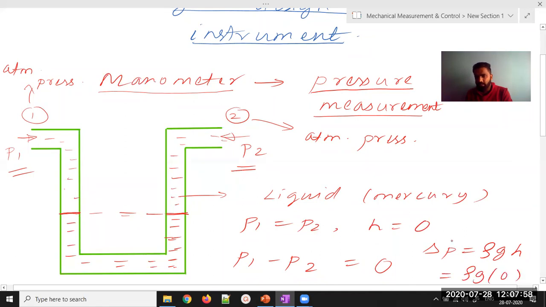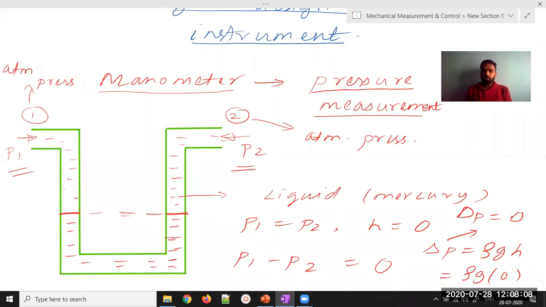So what we will get is delta P will be equal to what? 0. Simple. Okay. So I hope you understood what was the function of this manometer. The function of the manometer was to measure the pressure difference. Now, since the pressure is equal on both the sides, the manometer will show zero height difference. If it is showing zero height difference, that means that the difference in pressure that is acting